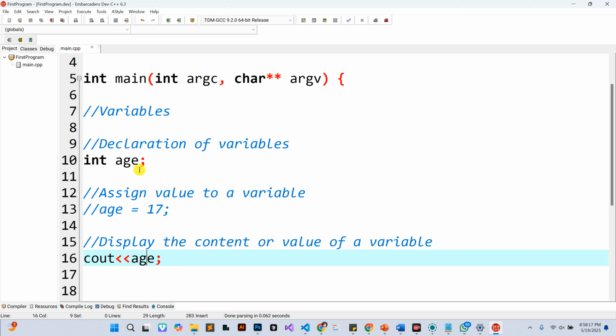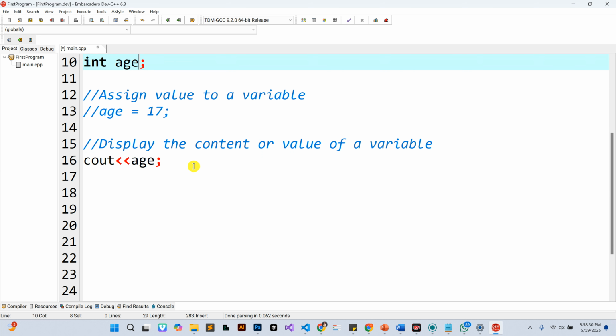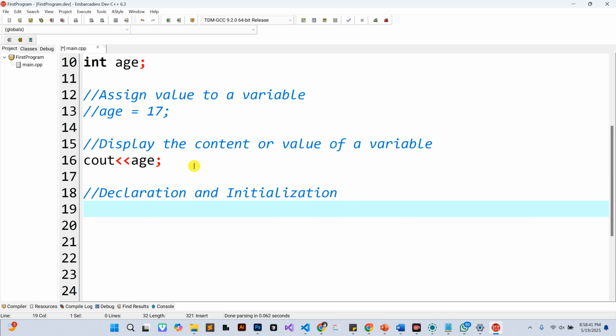Okay, great. Someone is also asking whether we can have something like this. Yes, this is also valid. But when you do this, there is a name for it, and that is what we call declaration and initialization. So you declare a variable, so this time around I will say int maybe